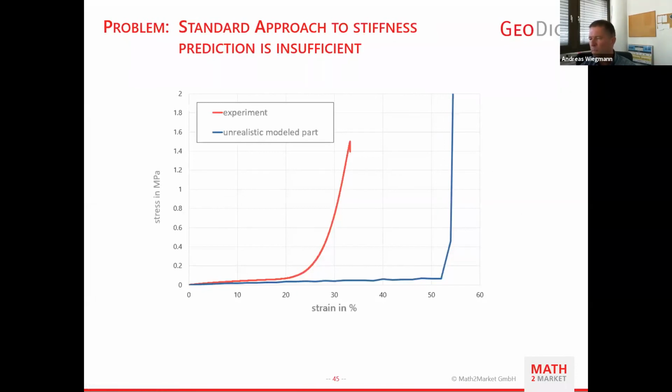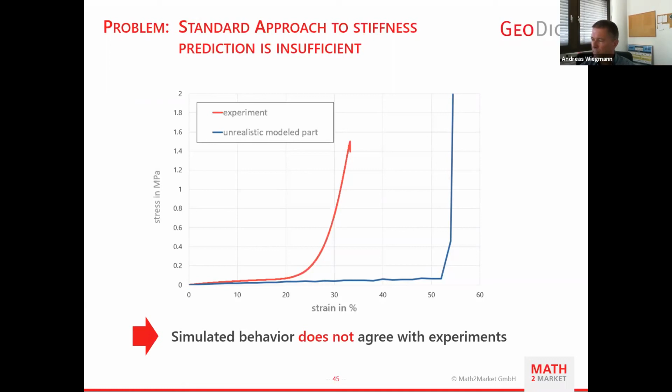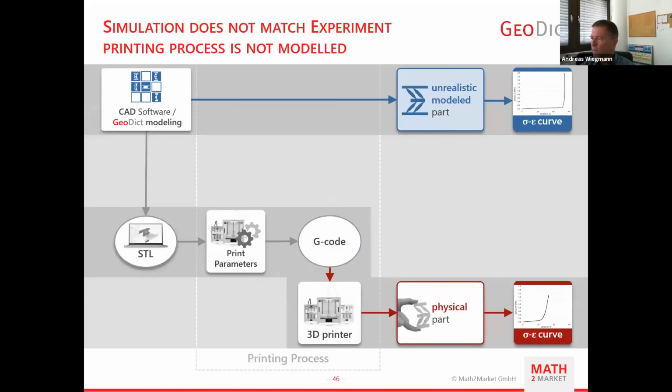And then some measurements were done by the Institute for Composite Materials, and the measurements on the real part didn't match with the model ones that we see here also in blue. So that's what you don't want to happen, right? And here's the illustration of what the two ways are. So we had a CAD model, this idealized model part, we simulated some behavior, and then we also went to STL, gave it to the printer, which creates G-code, a physical part came out, and on that we measure something else. So that discrepancy is not